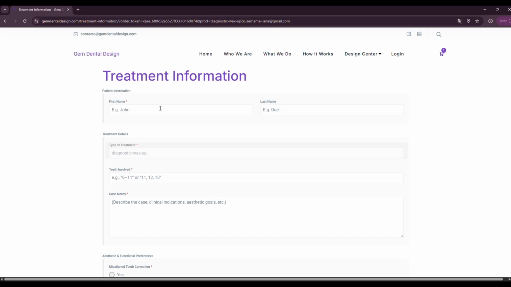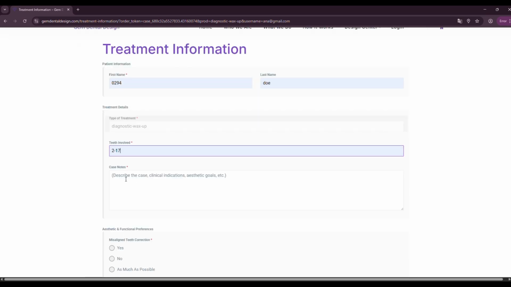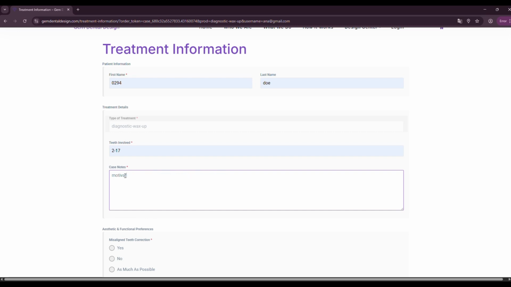So I can use the patient's number or I can use codes here if I don't want to release the patient's data. So the type of treatment is defined as a diagnostic WhatsApp. And here we can select whatever tip we want involved. We can describe whatever we want to achieve. So if it's a motivational mockup,